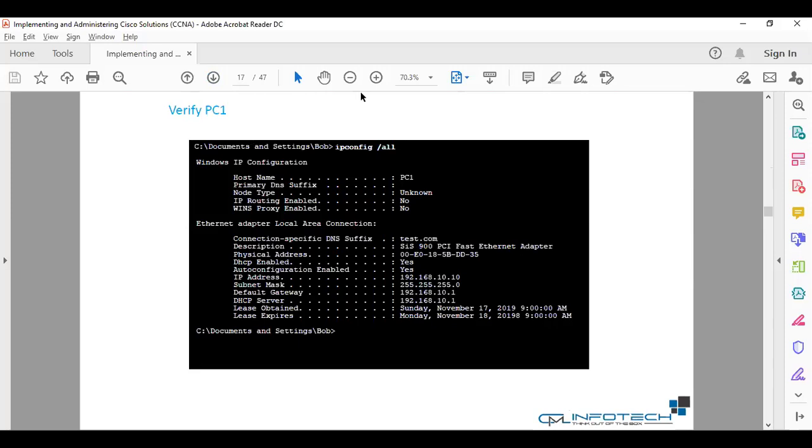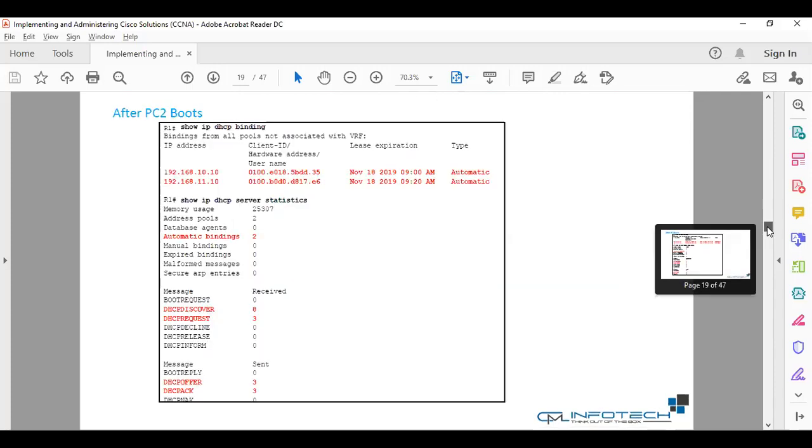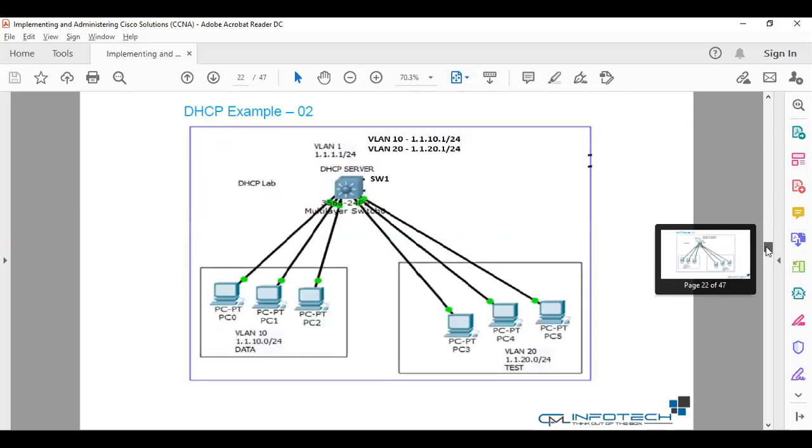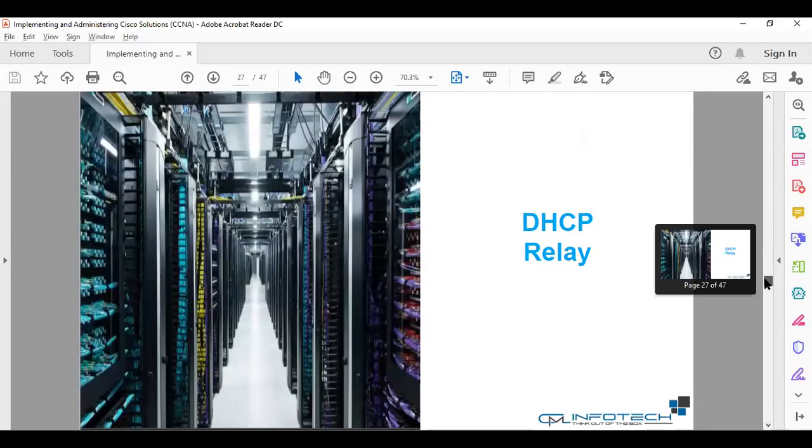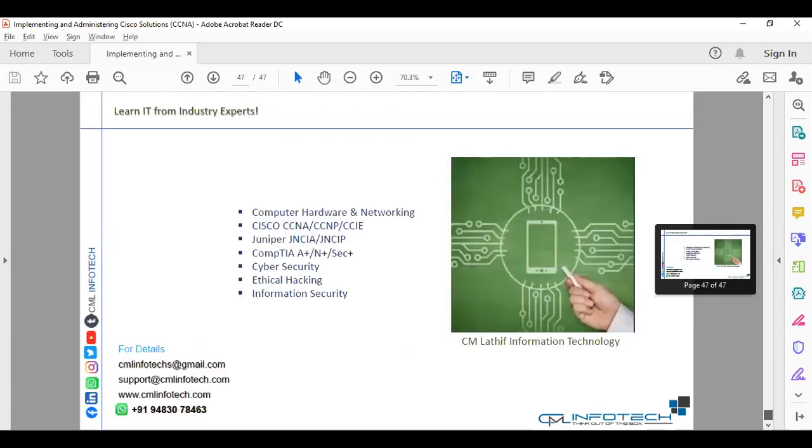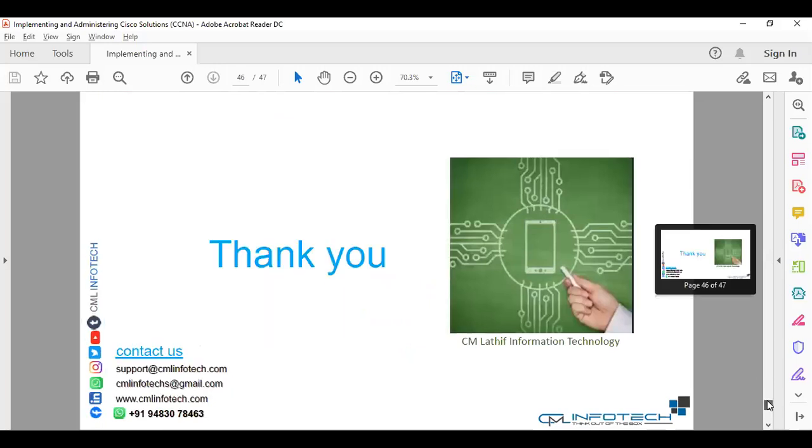We will do the DHCP configuration again on the router when we start routing, and then we can test with our physical computer associated with the virtual network. So this session is just an idea about how DHCP is configured. Here you can see VLAN with the 10.1.10.1 range for the two, as we did just now, the same design. Then we have something called DHCP relay. We'll discuss it later. So that's it about the DHCP configuration.